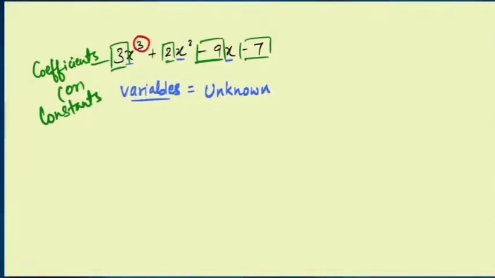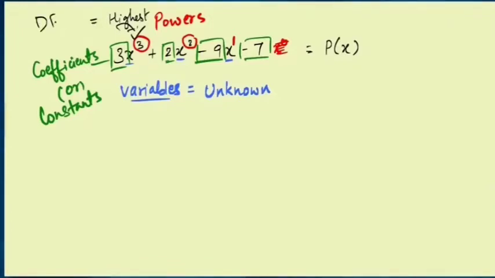And you can see the superscripts are 3, 2, 1, and here 0. The value of x to the power 0 is 1, since any variable having power 0 is 1, so no need to write it here. So we can see 3, 2, 1. These are the powers or exponents. Here the variable is x, so we can write p(x) equals 3x cube plus 2x square minus 9x plus 7. And these powers are also related to the degree of the polynomial.